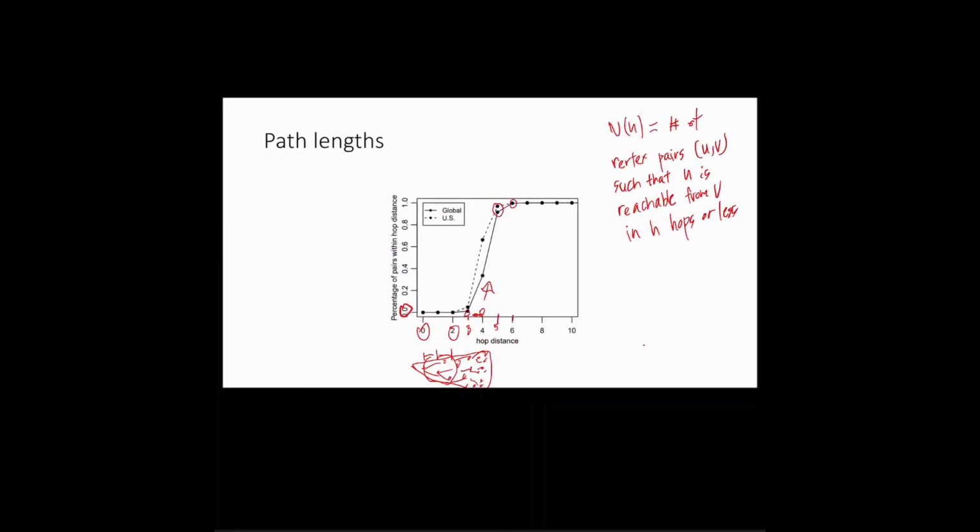Before we move on to the next result, which deals with connected components, I should mention that the conclusion in this section, that the network has short average path lengths, relies on an important assumption. And that assumption is that a path exists between most pairs of vertices. And to see why this is,